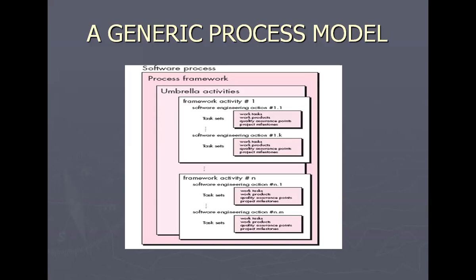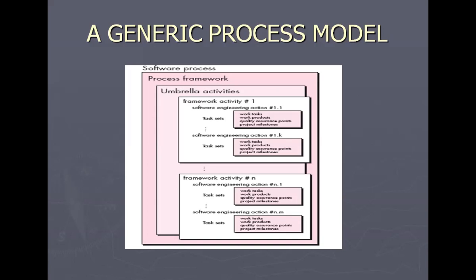Construction: this activity combines code generation, either manual or automated, and the testing that is required to uncover errors in the code. Deployment: the software, as a complete entity or as a partially completed increment,